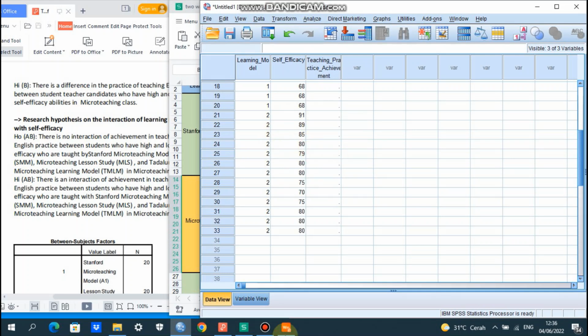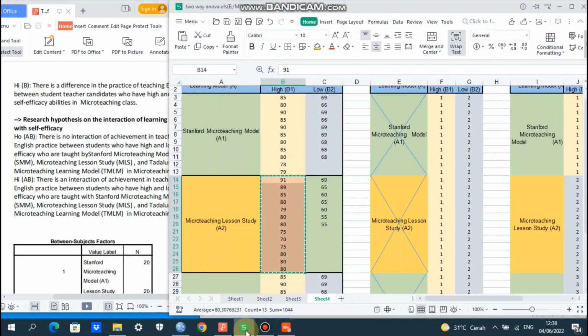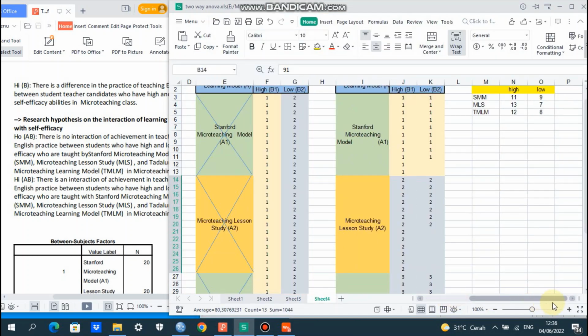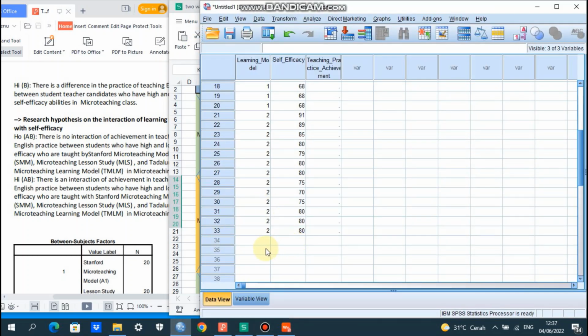Okay. And then we copy again from the Excel another 7 students joining micro teaching lesson study. The code is 2. We copy and paste here.